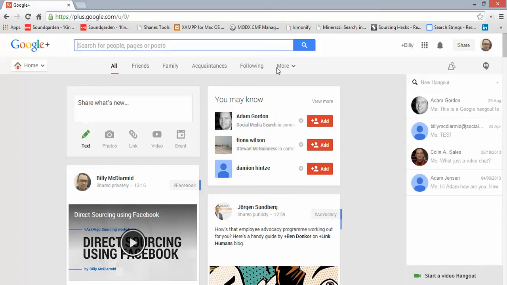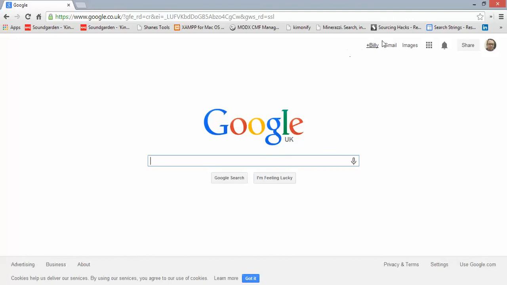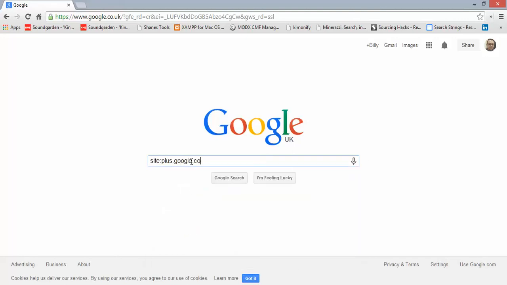So the main search part of it is very clever. You can search for people here quite easily, but actually a more powerful way of doing it is to search from Google itself as opposed to the search engine from within Google+. So if I go back to my Google homepage, I'm now away from Google+, although I can very quickly get back to it by just clicking on Plus Billy, just at the top right hand side of the screen. But if I wanted to search against Google+, say I wanted to find people with a job title developer who lived in London, then what I could do is do